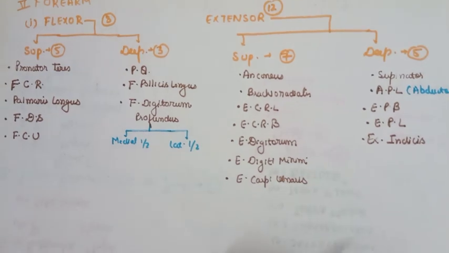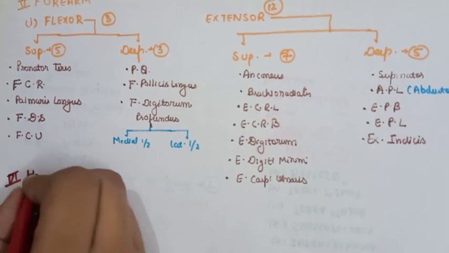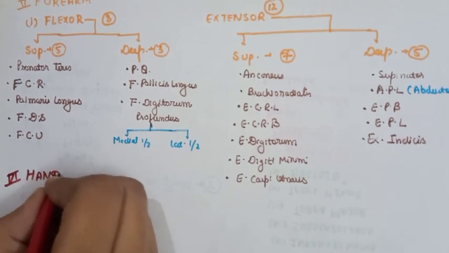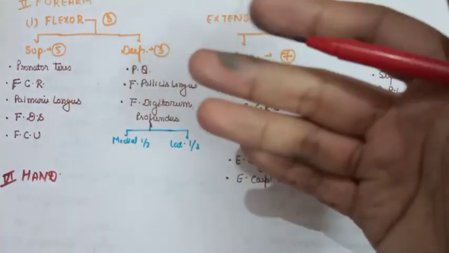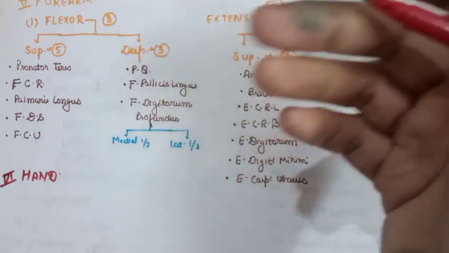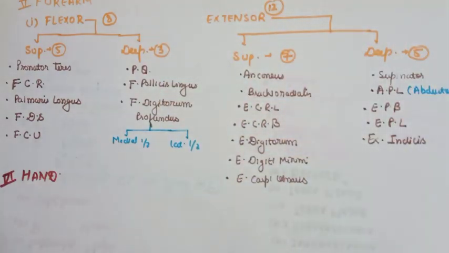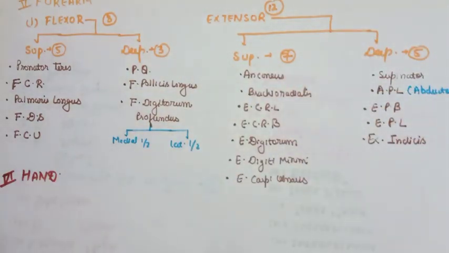Now the last region to discuss is the hand. Okay, so this is the sixth region, hand. So till now, how many muscles have we completed? We have completed 38 muscles. So 20 were from the forearm. In the arm, how many muscles do we have? 4. 3 in the anterior compartment and 1 in the posterior compartment. Okay, in the scapular region we have 6 muscles. In the region connecting the upper limb to the back we had 5 muscles, and 3 muscles were the muscles of the pectoral region, that was the pectoralis major, minor and the subclavius.